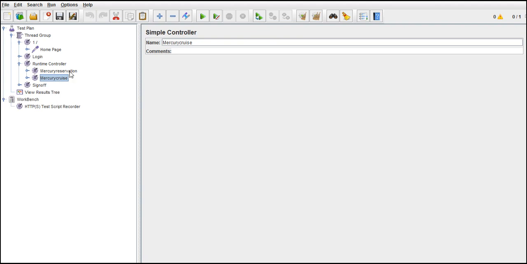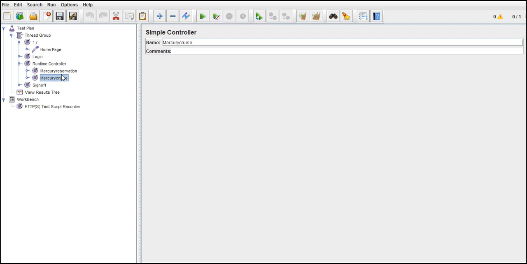Now assume first we go to the landing page and then select cruise. Assume these are two different requests, but ultimately we call it cruise reservation. Assume one is the reservation page and the other is the confirmation page. These two are nothing but one transaction for cruise reservation.